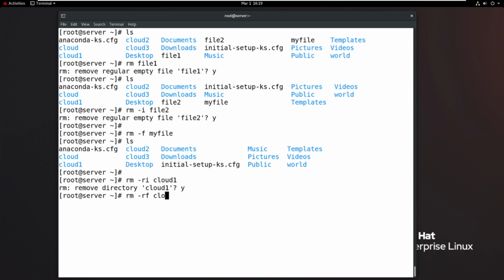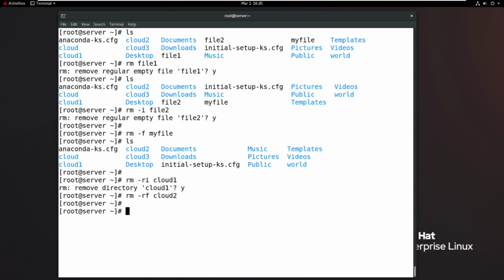For example, cloud2 is the directory I want to delete. Now enter. See, the entire cloud2 is deleted in a single step. In Linux the very dangerous command is rm -rf followed by the directory name. So don't apply this type of command in the environment, especially the -rf option. If you want to delete something, then use -ri only.